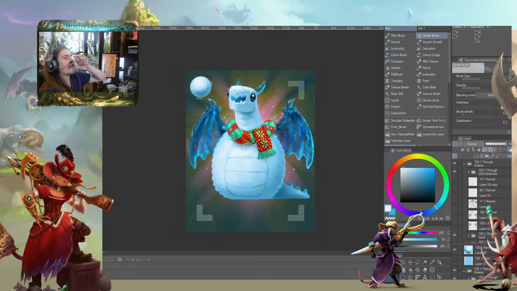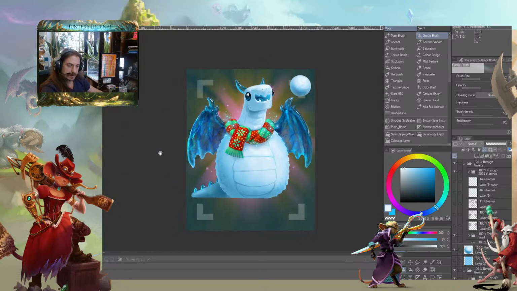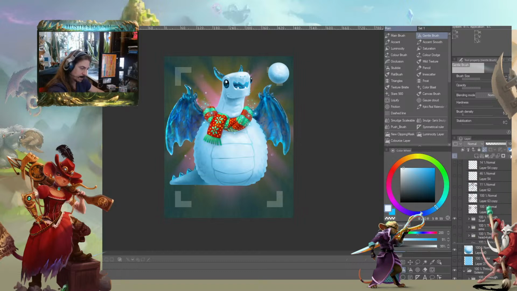Now, the question I have is what to do for the feet and the hands. Also, I need to put a hat on this guy. Alright, I'm pretty happy with the face the way it is. So I think I could comfortably smush it down. I do need to turn off the scarf real quick. But first,